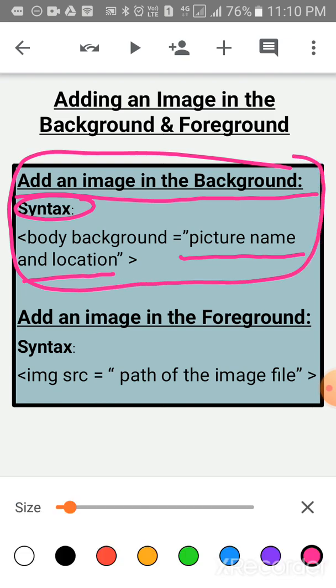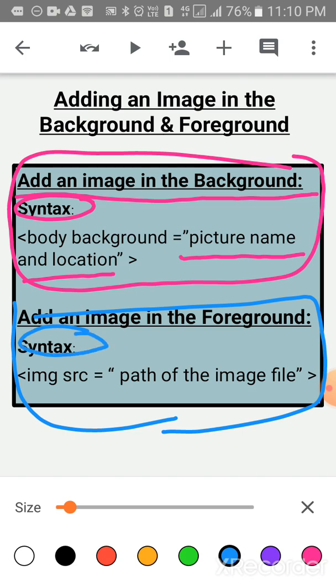And to add an image in the foreground, the syntax is the img tag, space, src equals, within quotes you write the path of the image file. So img space src is for the foreground image, and body space background is for the background image. Okay, clear, children?